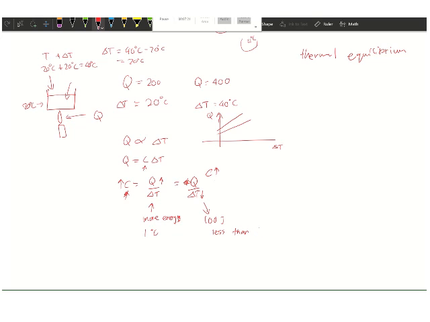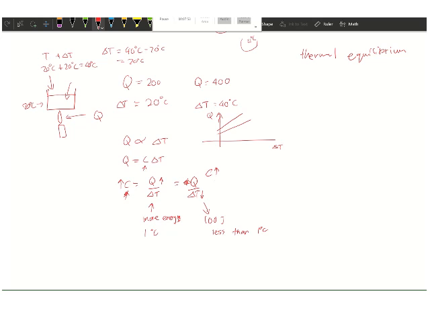So with the same amount of energy, you will have a lower increase in temperature. For things that have high heat capacity, at the same amount of energy the temperature increases less. Or you can say that with high heat capacity, you will need more energy to increase 1 degree Celsius or